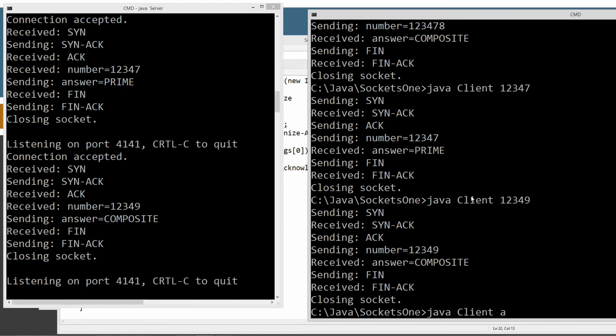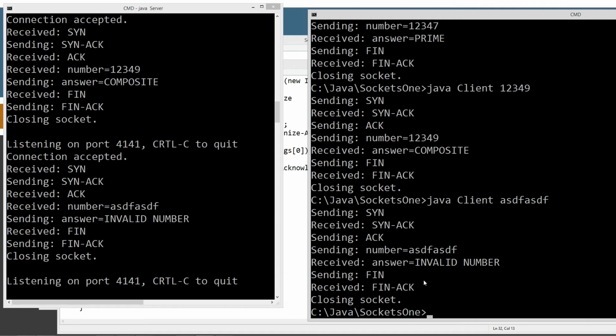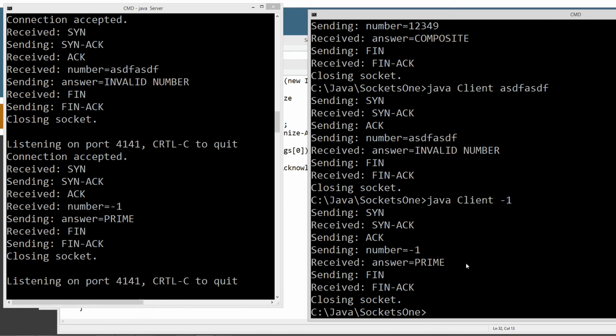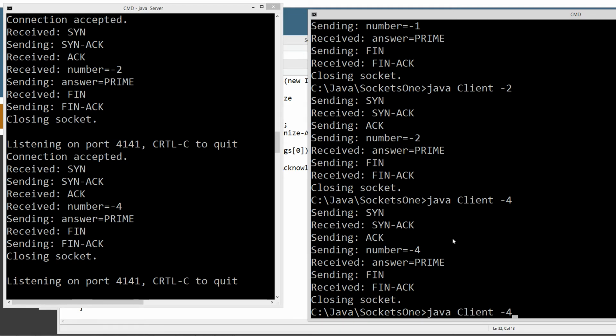Throwing in some garbage, like if you do something like this, it's just going to come back invalid number, no program crash or anything like that. If we throw in a, well, I don't know, let's see what happens with a -1 number. I didn't test that. No prime, so that might be a little bug with my program. Negative numbers are always coming back prime, which is not the case. So there's a little bug in my program. I hadn't tested that going into this video, but anyway,